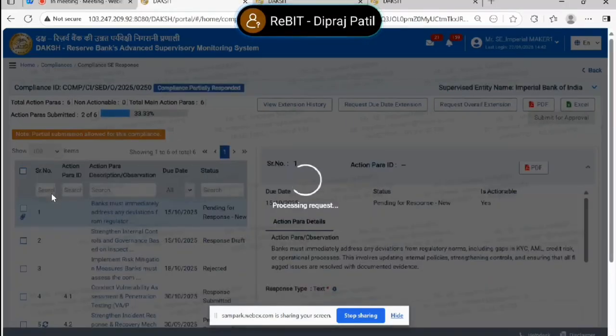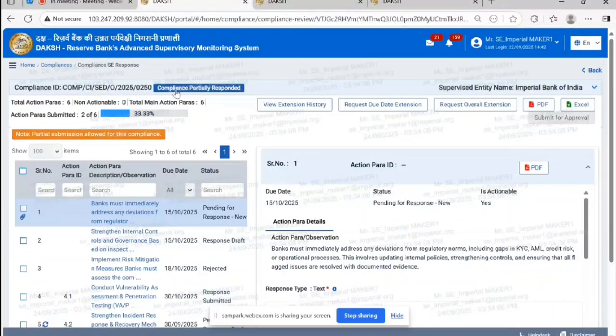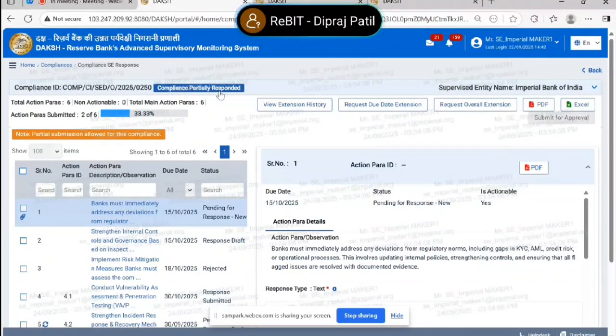On the page you can see compliance ID and its status in a blue card. Compliance partially responded. Exactly number, total paras, total action paras means so there are 6 action paras,